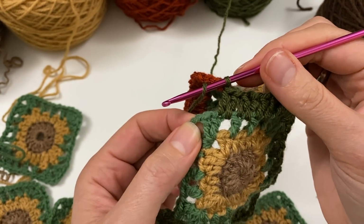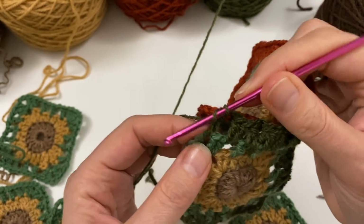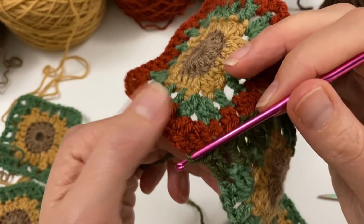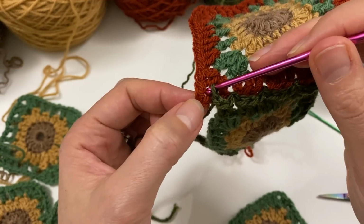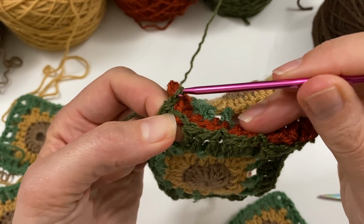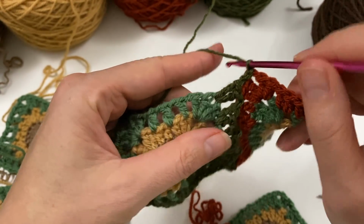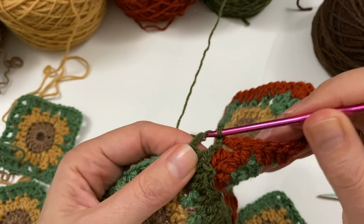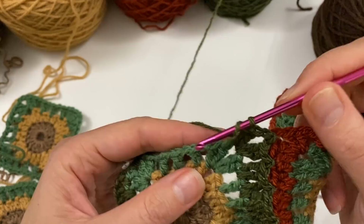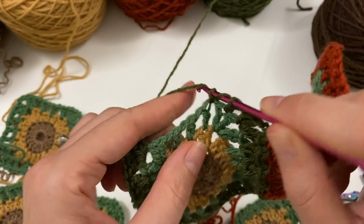And now we're doing our corner. Corners are made up of 2 double crochets, so you do your 2 double crochets, you do your chain 1, then you go into the corner there, you do that loop round and a slip stitch, then you do your second chain for the corner, and then you do your 2 double crochets, and off we go again, doing our last side